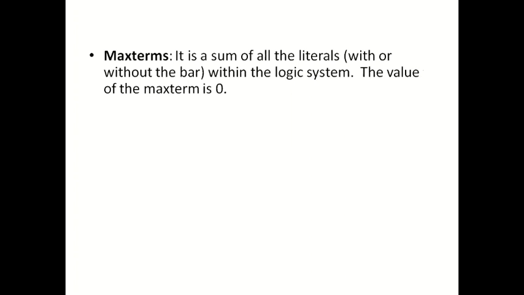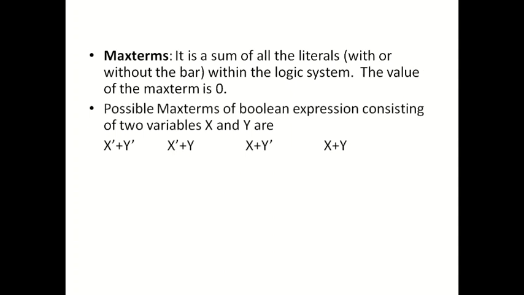Then max terms. It is a sum of all the literals with or without the bar within the logic system. And the property of max term is that the value of the max term is 0. So the possible max terms of a Boolean expression consisting of two variables x and y are,